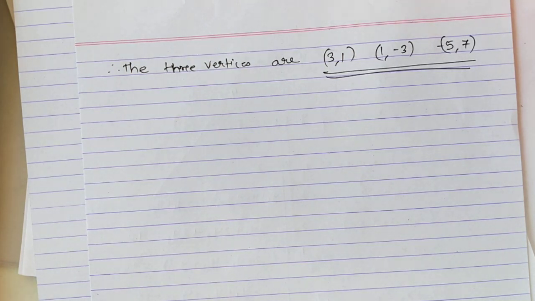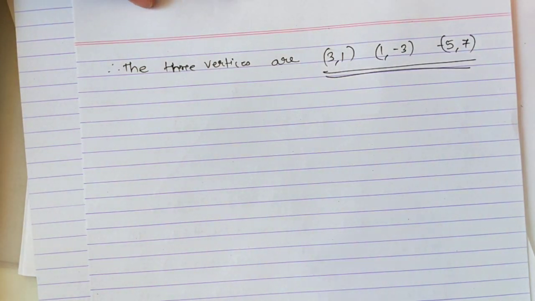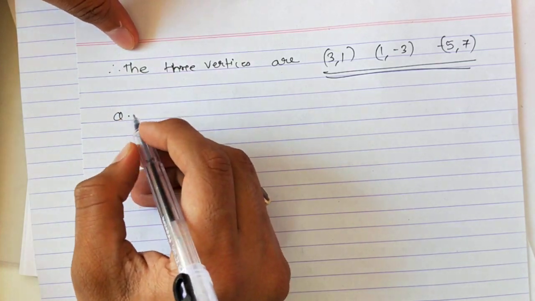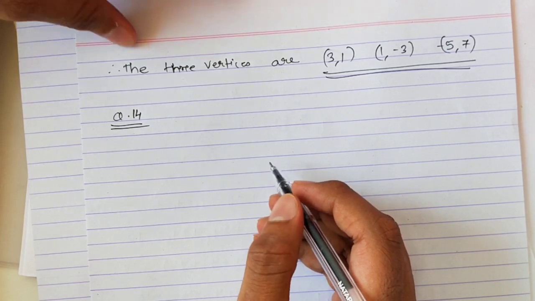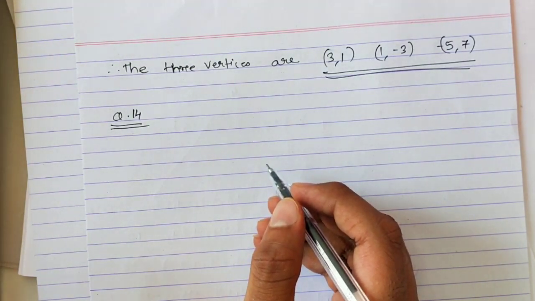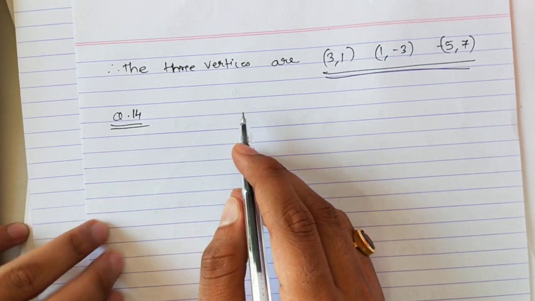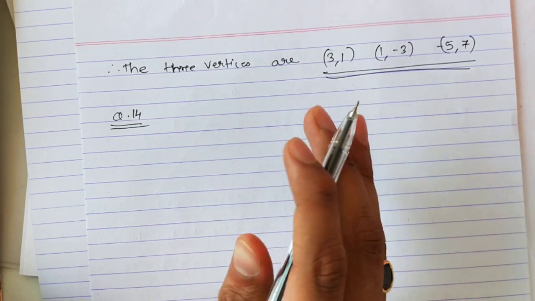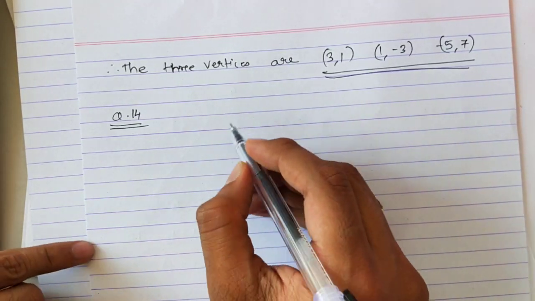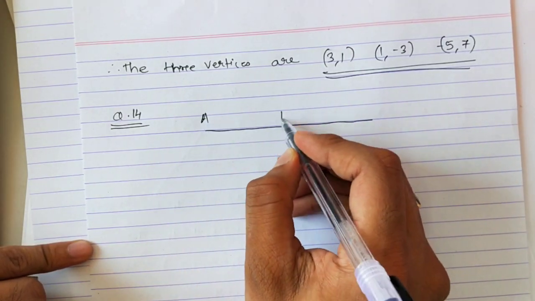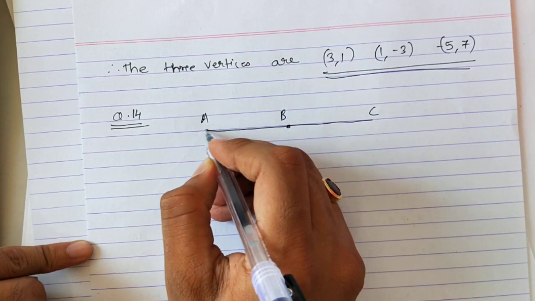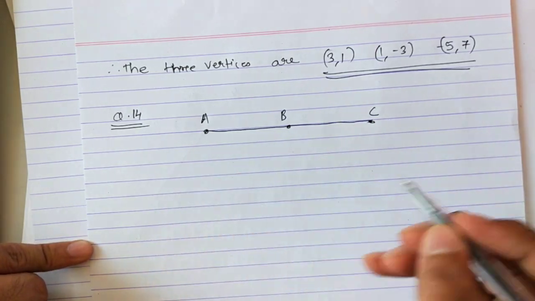Now we'll do the 14th and the 15th sum. These are sums which are on a lighter note, which are a bit easy sums. So after doing this big gigantic sum, we'll come to a mediocre level sum. Question number 14. In question number 14, they have said points A, B, C are collinear. Collinear means they lie on a straight line. Point A, B and C. Like this. They have given the values also.